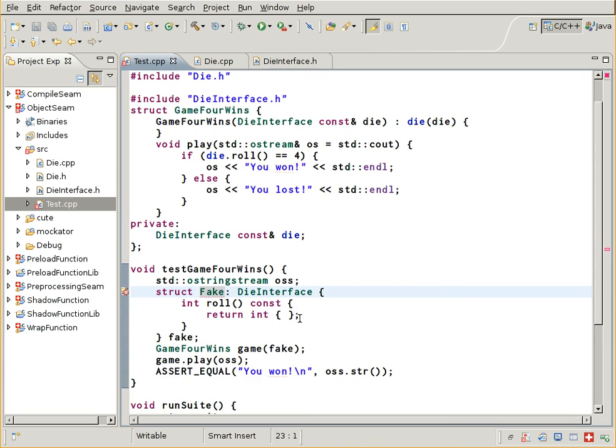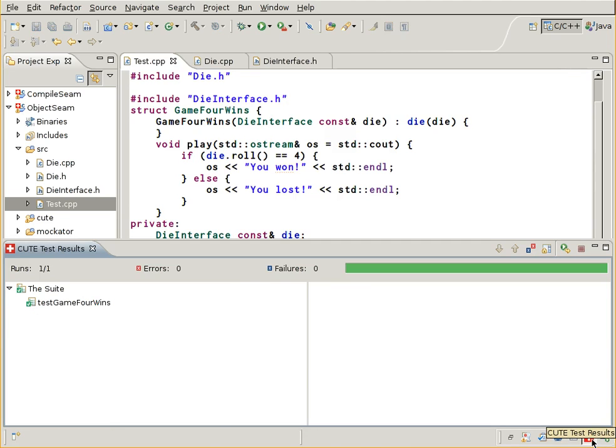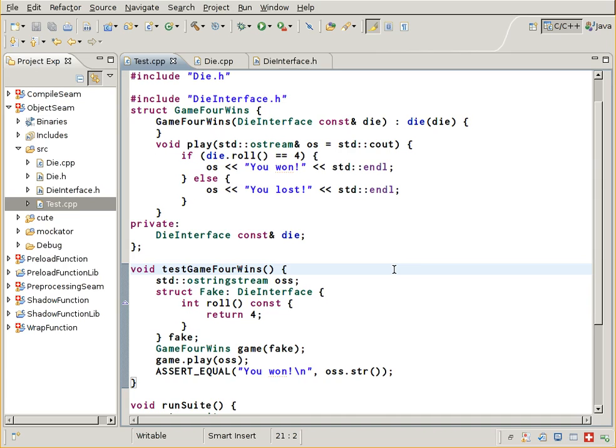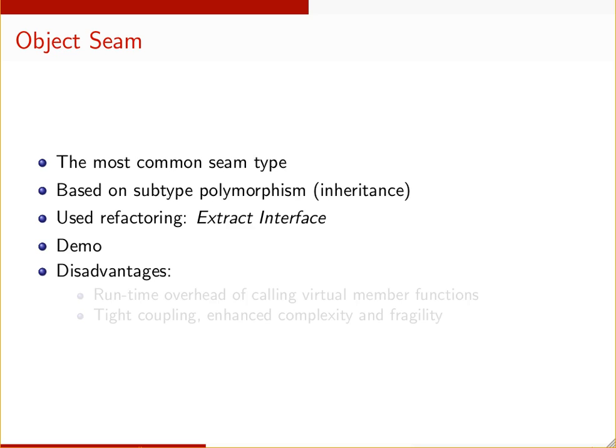Object scenes have a few disadvantages. These are mainly based on the fact that we use inheritance, and in C++ the runtime overhead of calling virtual member functions is quite high. Its calls are resolved during runtime through the V table, and that needs time. Besides that, we have tight coupling. As you probably know, inheritance is the second tightest coupling in C++ after friendship, and of course we also have enhanced complexity and fragility by using